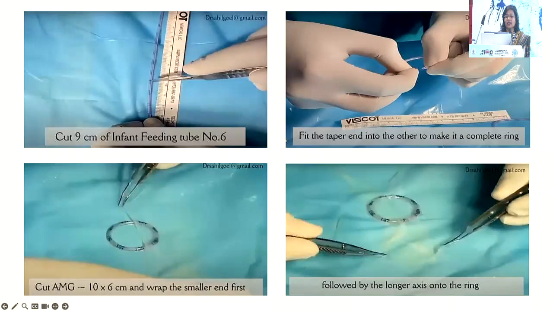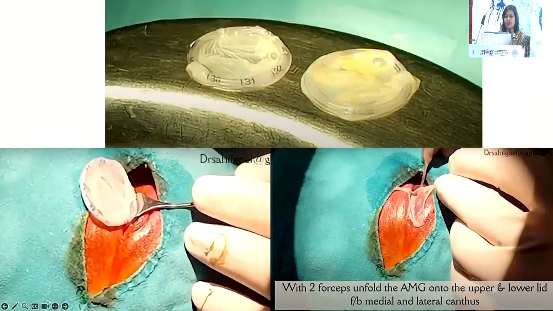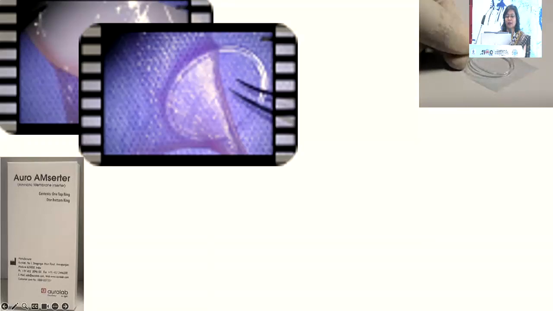And this is a kind of a symblepharon ring, over which the amniotic membrane can be draped and then pushed into the fornices, and then this amniotic membrane can be unfolded and then stuck to the lid margins. This is another invention by Dr. Bhaskar, where the PMMA rings are used to keep the amniotic membrane together, and this again can be placed in